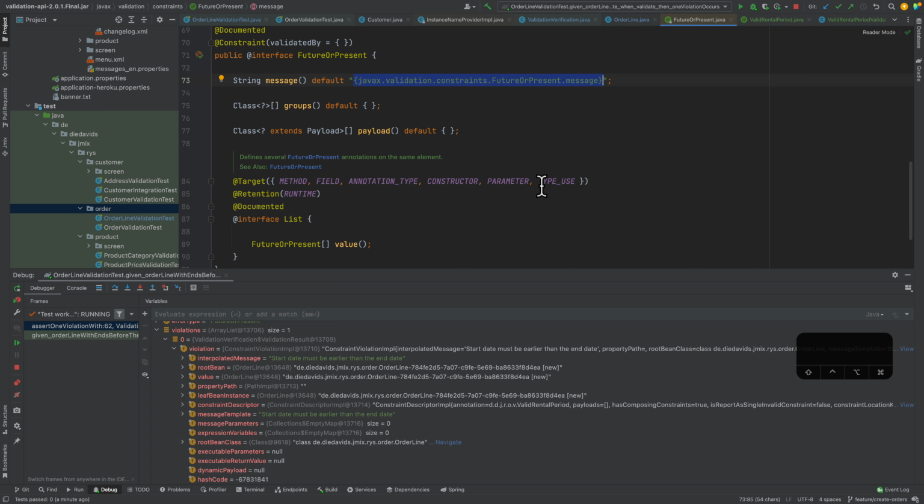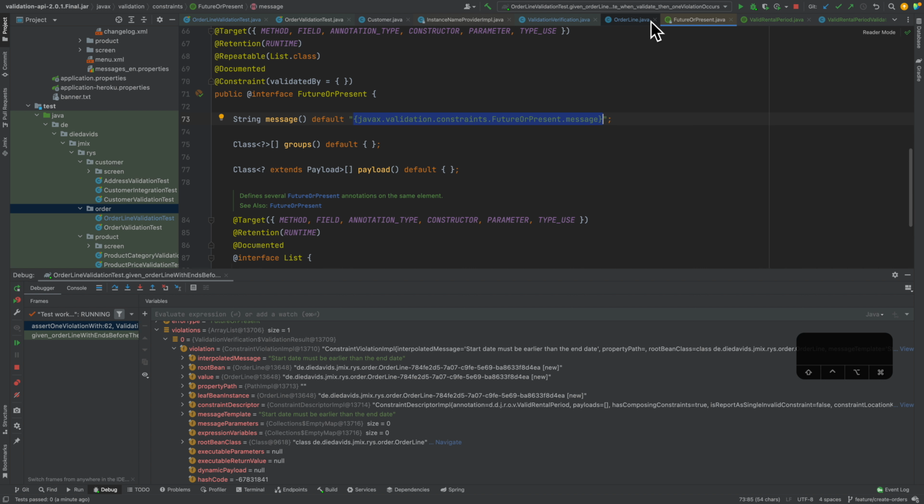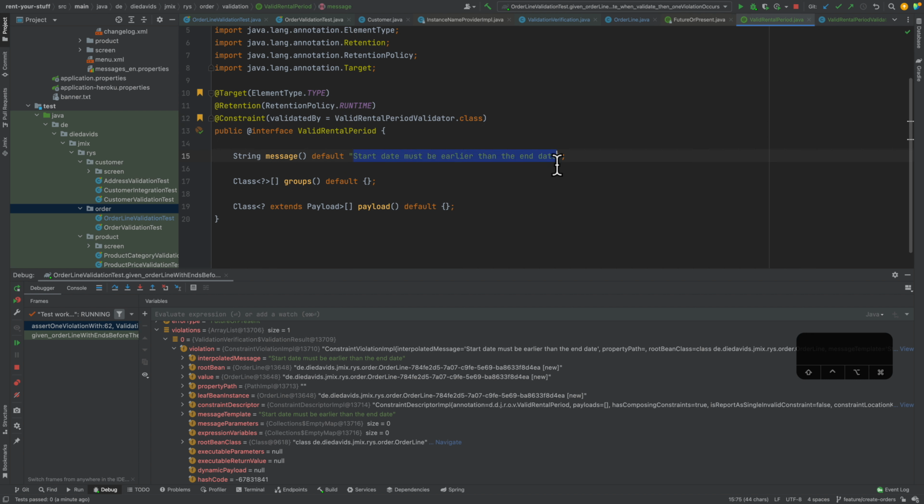So actually we can do some similar thing there. So with that in place, we should now be able to check on this particular